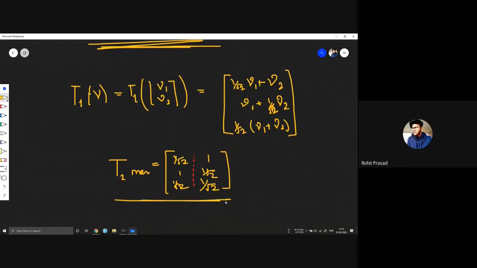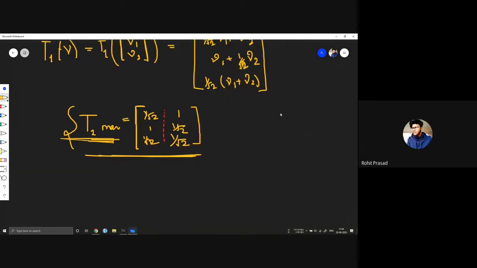Okay, so we can write this element of that vector space in a matrix form. We can write the transformation of that vector space from one vector space to another in the form of a matrix as well. But remember this, that every transformation can't be written in this matrix form. There are some transformations that can't be written in matrix form.